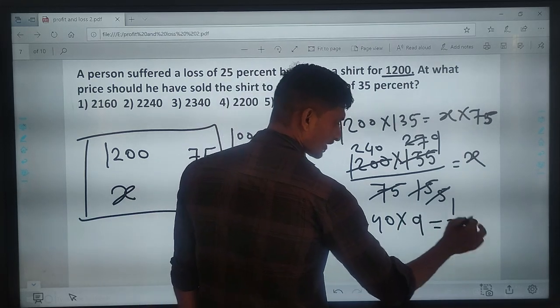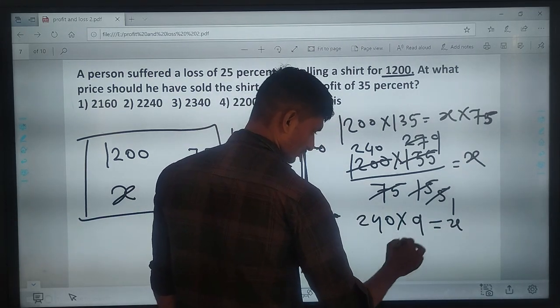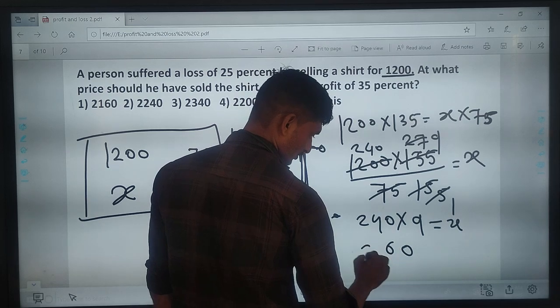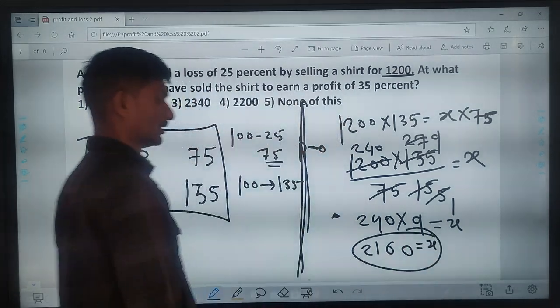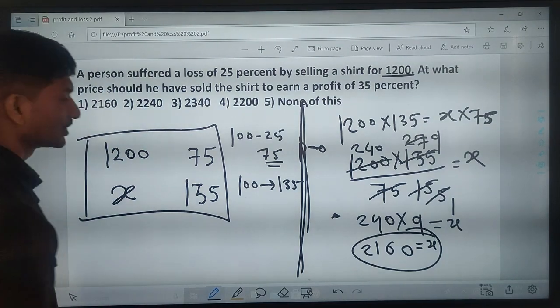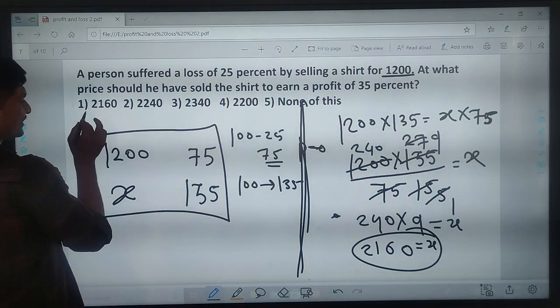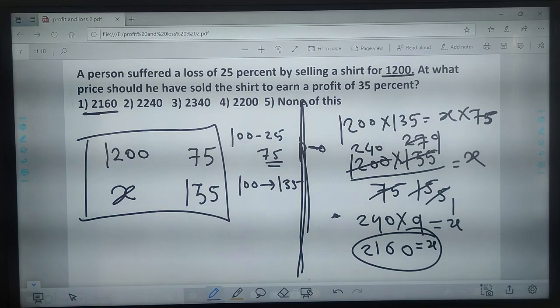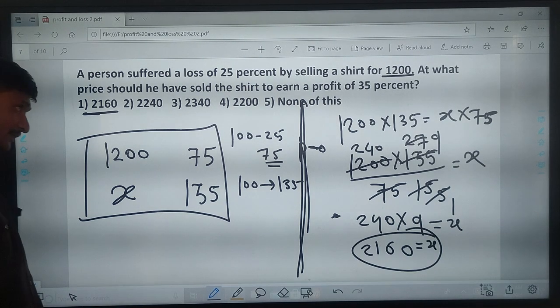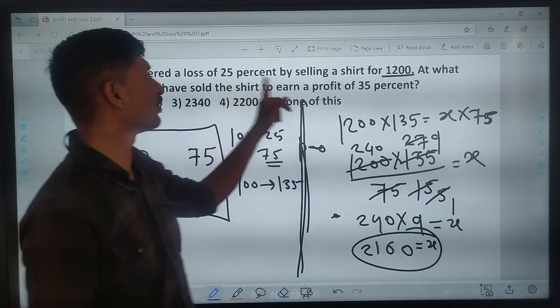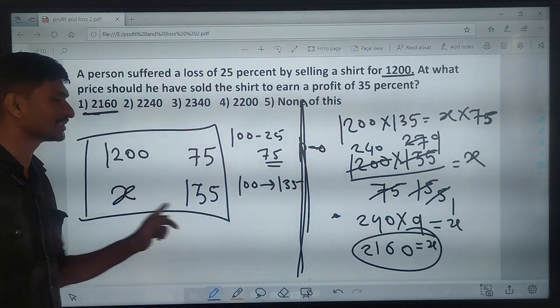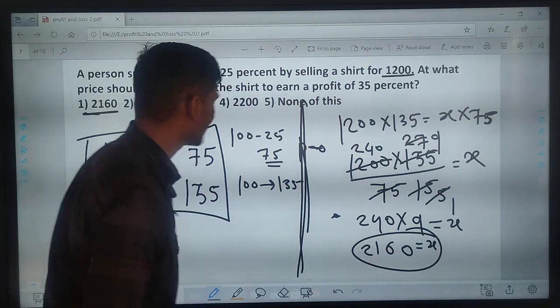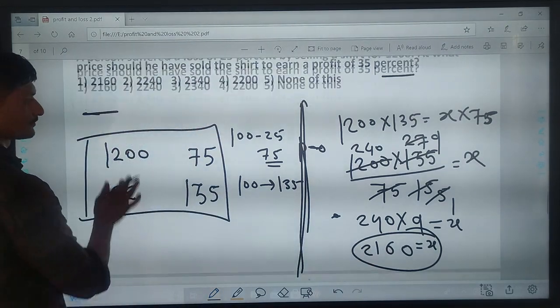This is the price X. Now your selling price of the shirt is 2160. If you want 35% profit, then the selling price of the shirt is 2160 rupees. Next,